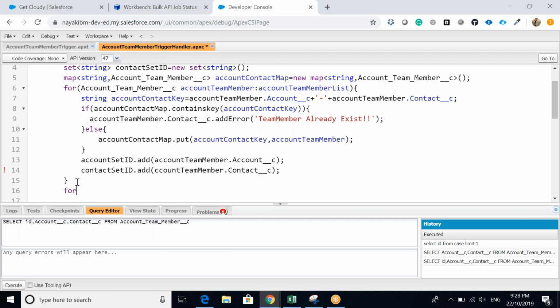So let's create it like this. I'm just going to query all the account team members, and I'm putting this query: select account C, contact C from account team member where